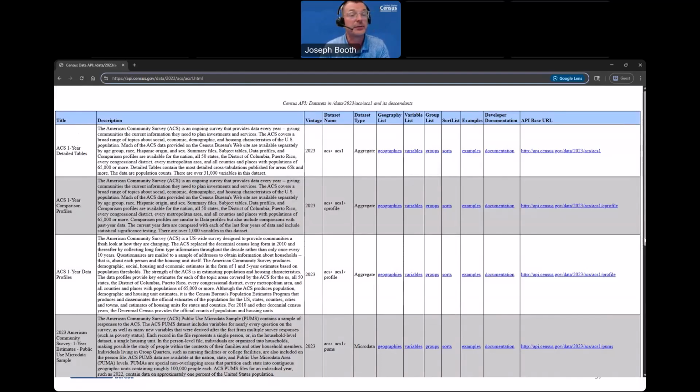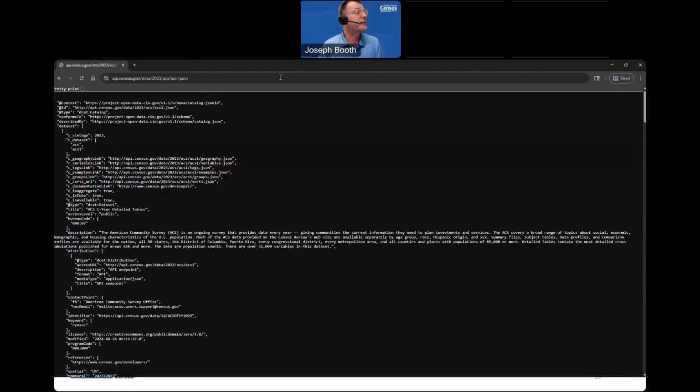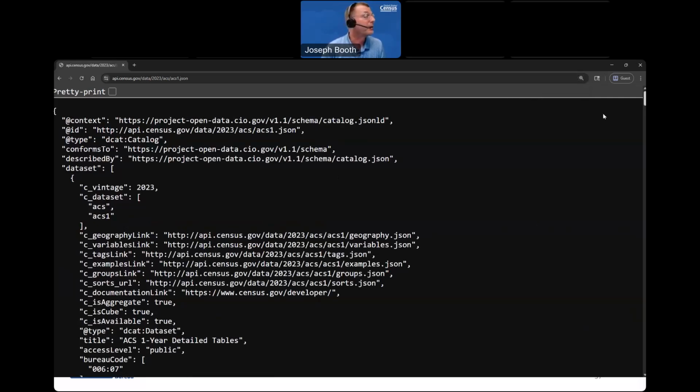It's for detail tables. And then here's the comparison profiles here. Let's take a look at these two here. I'm going to switch this over to .json real quick and see how this looks. So I'm going to switch HTML to JSON, and we see this is the object that comes back.